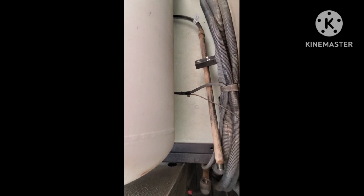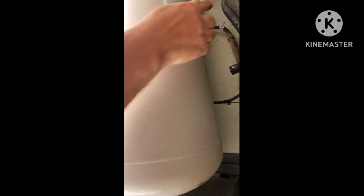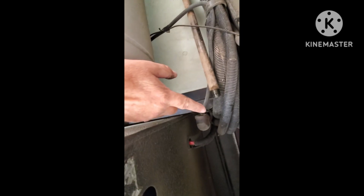Alright guys, we're underneath the RV now. This is where I had to disconnect. The tank is right here, the regulator's on the other side. I disconnected it here. I couldn't get that line off there. That's a solid line. I loosened it here. Up and over here I had to disconnect the